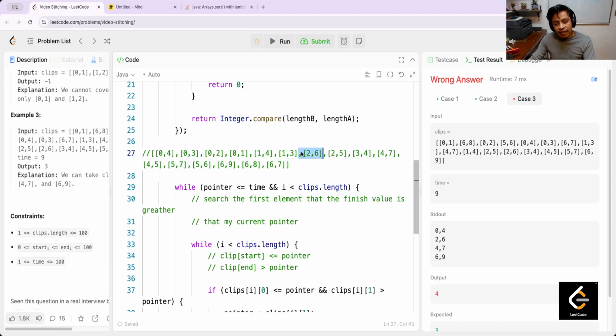Oh, but here I think that I need to take the current pointer, the end less the current pointer. For example, 6 less 4 is equal to 2, in this case 7 less 4 is equal to 3, which means that with this I can affect more elements. I think that I keep this and I still continue. Now 4 to 5 is discarded because the start